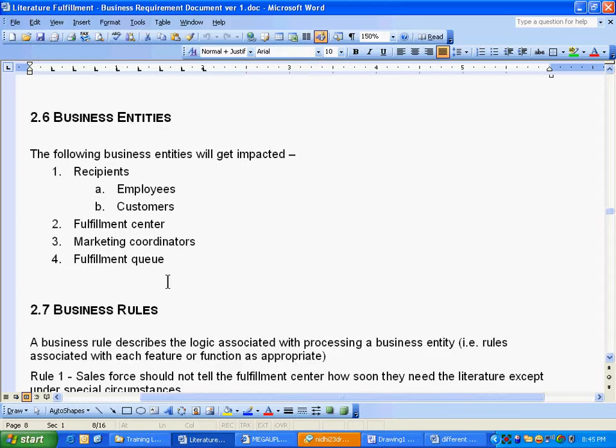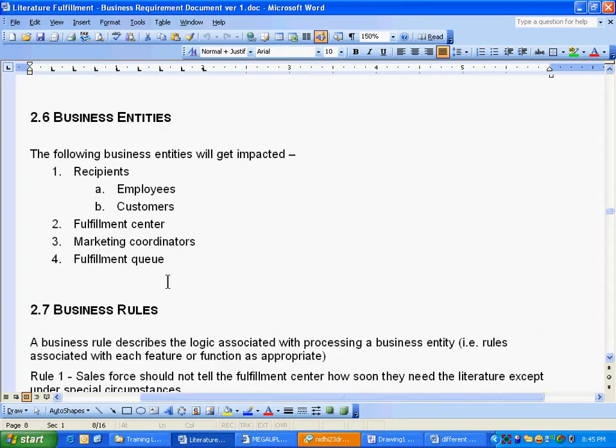You put it in an envelope and put all this information on top of it. That was the whole process. So they wanted to get all this process done in Siebel. There was a screen where they could request the brochures, and there was a screen where they could see the request and then fulfill it.